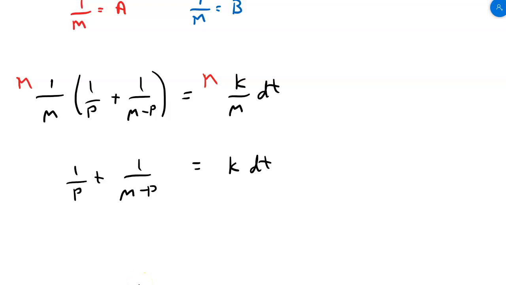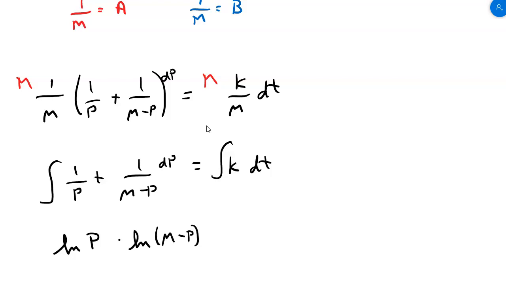Now we integrate both sides. I lost my differential on the left-hand side. That differential on the left-hand side should be a dp. Okay, so I'm going to integrate this whole side with respect to p, that whole side with respect to t. So on this side, integrate 1 over p with respect to p, and I get the natural log of p. I'm going to leave out my absolute values because my population is not going to be negative. Over here, if I integrate that second piece, I'll end up with the natural log of m minus p, but